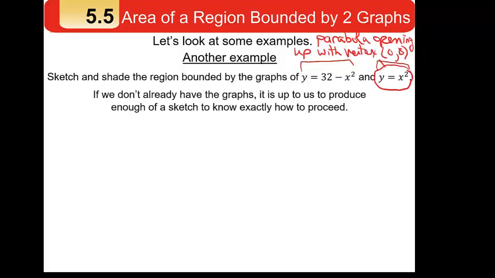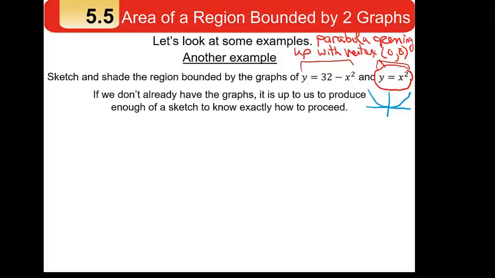So again, because we know these are parabolas, they're fairly simple to do. The parabola y equals x squared is the prototypical parabola. We know that its vertex is at 0, 0, and it opens upward, so it looks sort of like the graph I've sketched out there. You don't necessarily have to have a pinpoint accurate graph, but you've got to have a generally good idea of